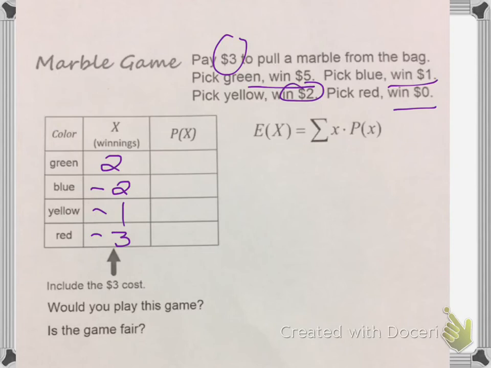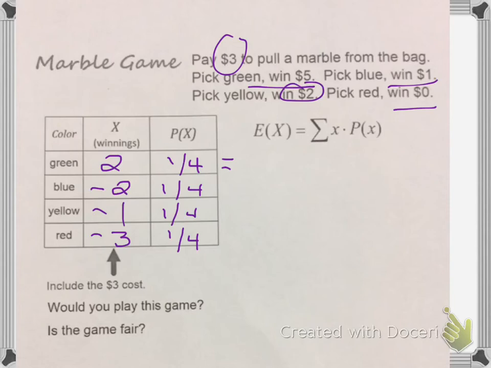So probabilities, though, of picking a marble, well, they didn't give us anything that said there were more green marbles than whatever. So we're going to assume that each one of these has an equal probability of 1/4, because there are 4 different colors and they didn't tell us that it wasn't equal probability. So I'm going to multiply these out